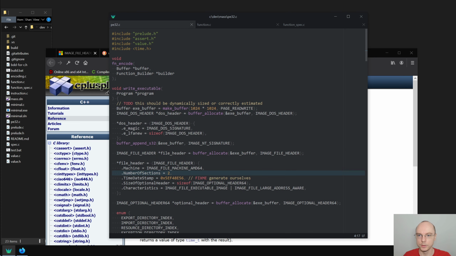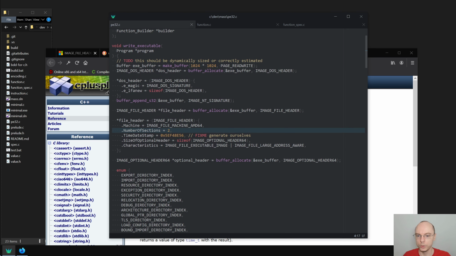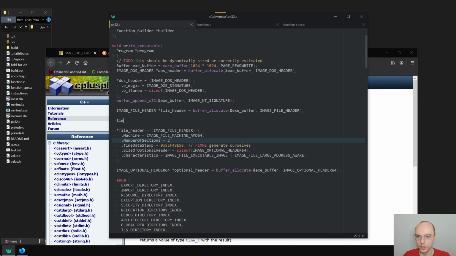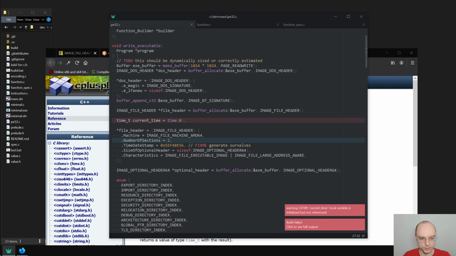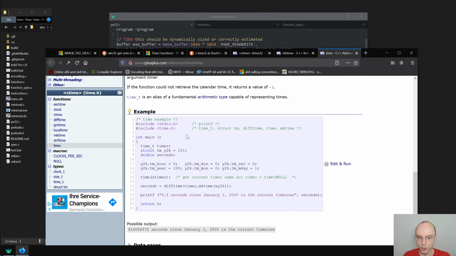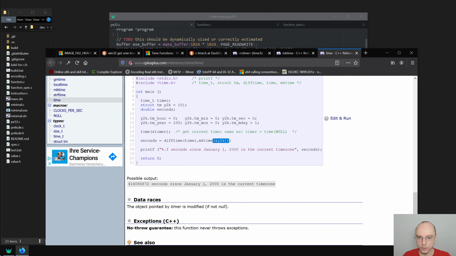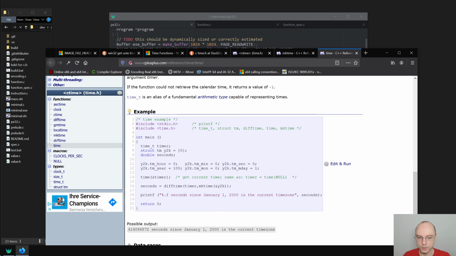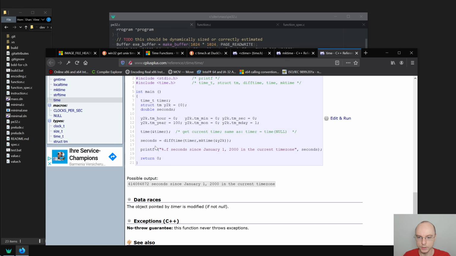And what we want to do now is say time_t current time is time of 0. Okay, that does something, but we are not using the current time variable. So what I want to do is to get time since, okay, basically it's just